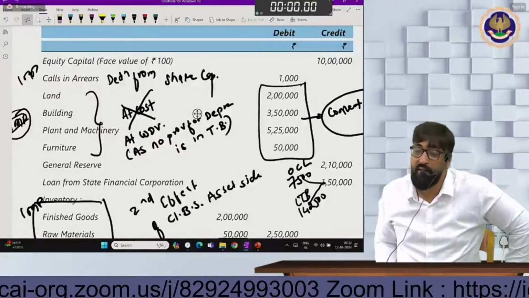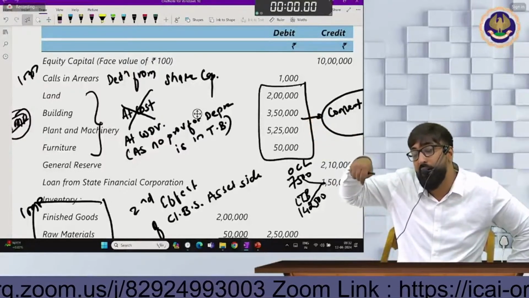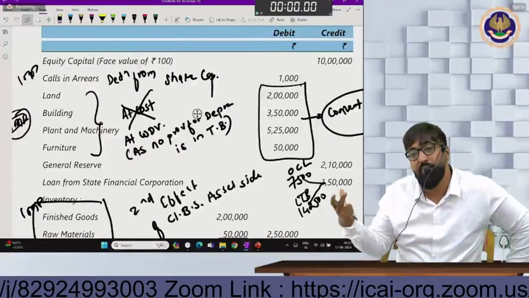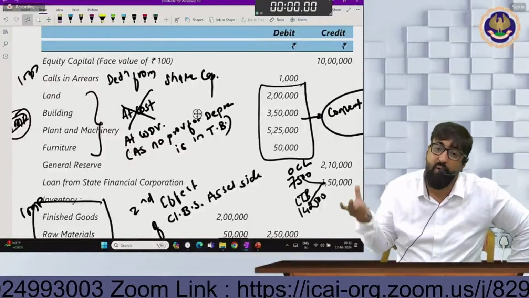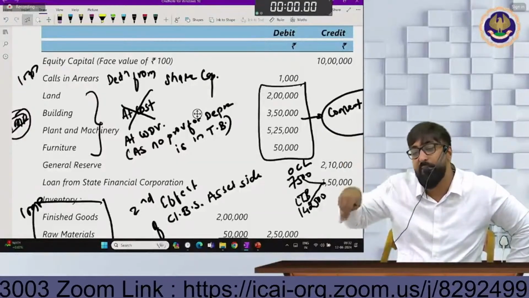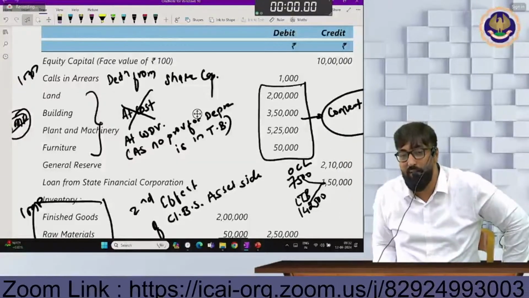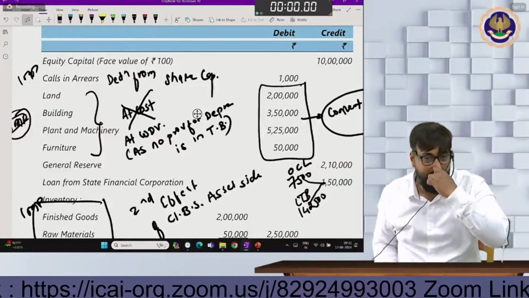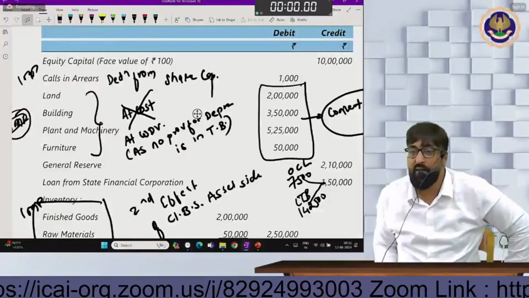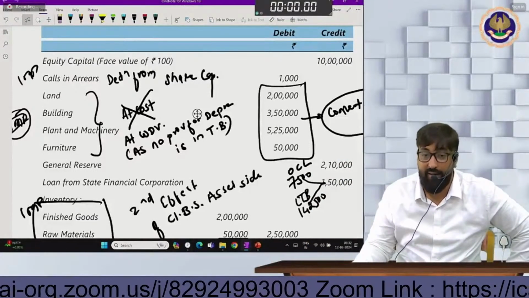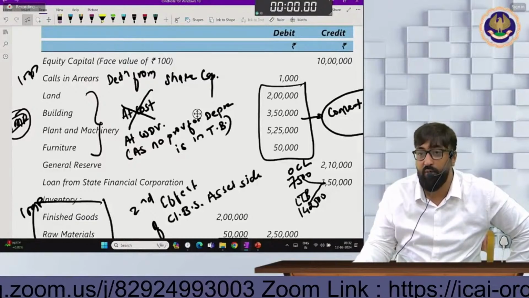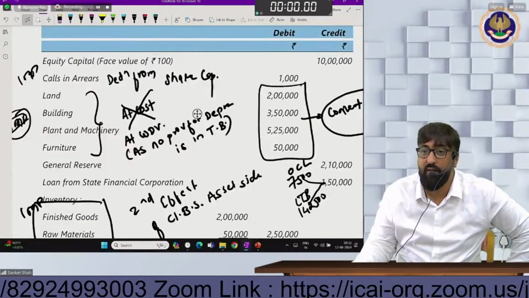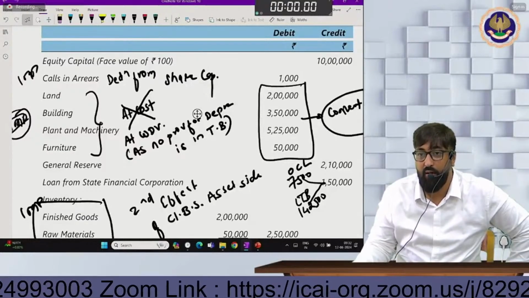ये क्वेश्चन निधि का भी था कि सर प्रीलिमिनरी एक्सपेंसेस हम लोगों ने उधर दिखाना है कि इधर दिखाना है। अभी इधर आपका ट्रायल बैलेंस बन चुका है, तो इसका मतलब ट्रायल बैलेंस में नॉमिनल अकाउंट्स दिख ही नहीं रहे, तो पी एंड एल आपका क्लोजिंग बैलेंस है। क्लोजिंग बैलेंस है तो आप लोग रिजर्व्स एंड सरप्लस में से प्रीलिमिनरी एक्सपेंसेस माइनस करोगे। और यदि आपके नॉमिनल अकाउंट्स प्रेजेंट हैं तो आप लोग पी एंड एल के डेबिट में डाल दोगे, मतलब अदर एक्सपेंस में। बहुत ज्यादा कॉन्सेप्चुअल क्लैरिटी दिया है मैंने। आई ट्राइड माई बेस्ट कि मैं आपको पूरा कॉन्सेप्चुअल क्लैरिटी दूं।